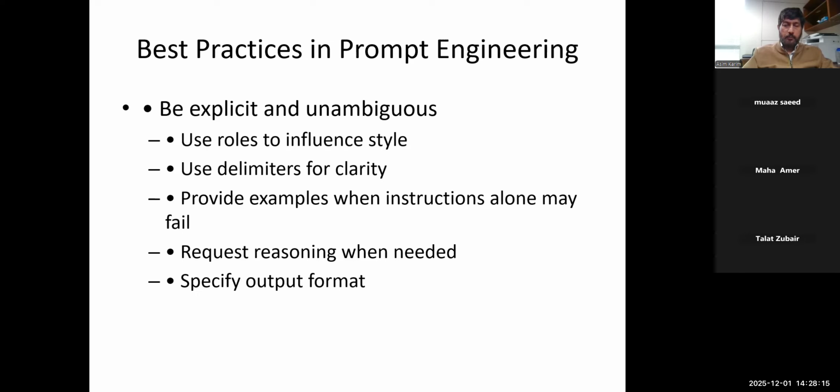So these are generic statements about best practices. Of course, I think all of you must have learned this by trial and error as well, because all of you use large language models in your daily life. Okay, and as I've been saying before, these best practices also relate to how one should communicate with other humans. So now we're actually communicating with a machine, but those best practices are still relevant. Okay, they are relevant for human to human communication too.